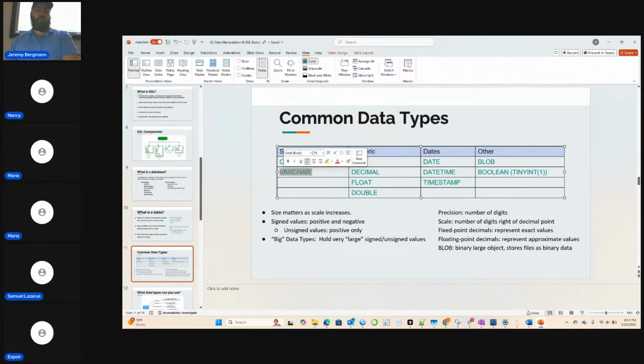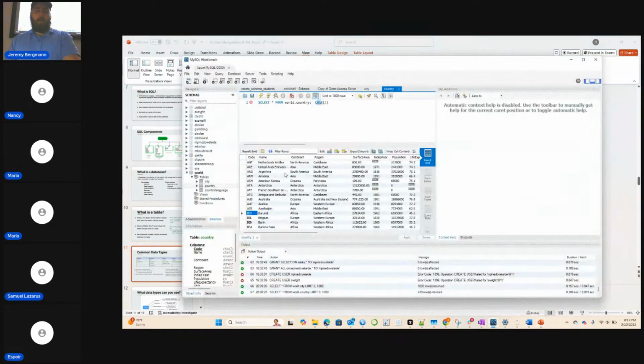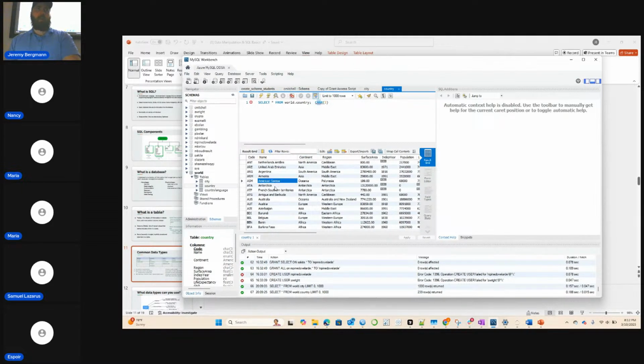Now, variable character, varchar, is where you could have strings of different lengths. That would be like the names of your countries. They aren't all going to be the same length, because not all countries have the same length of names. So you would define that using the longest one in here. Maybe it's varchar, maybe it's 50 characters long. That would capture everything that's 1 character and up to 50 characters long.